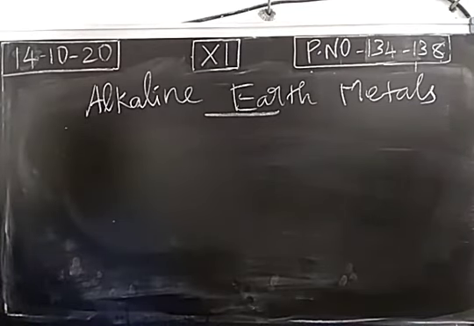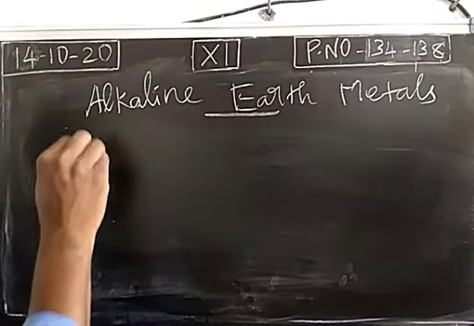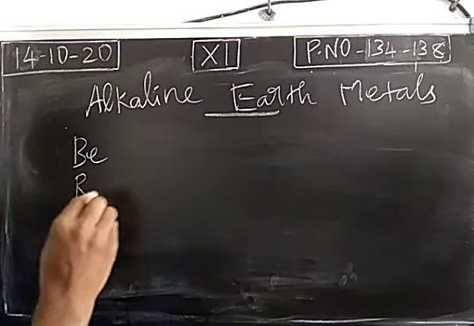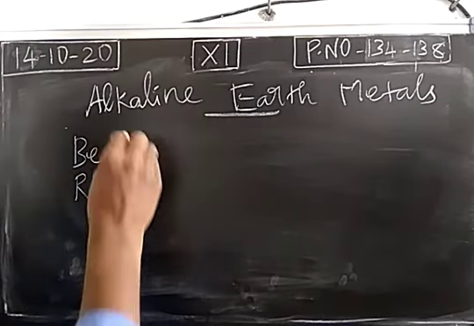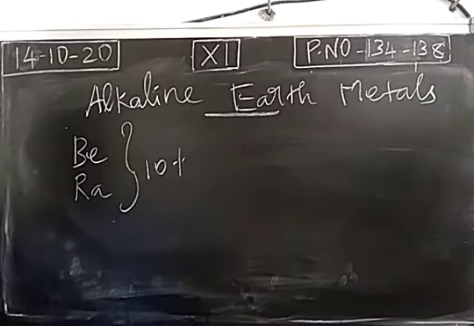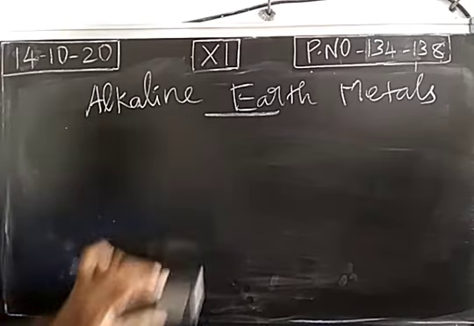General characteristics of alkaline earth metals. First, what is the physical state, ore, and the abundance of alkaline earth metals? So in group number 2, beryllium as well as radium have very low abundance, approximately 10% only. Out of 100%, only 10% beryllium and radium are present, and radium is the rarest of all because it is a radioactive element. It is obtained in the radioactive disintegration of other elements like uranium. So abundance of beryllium and radium will be very less.